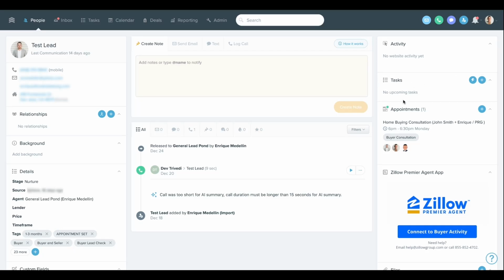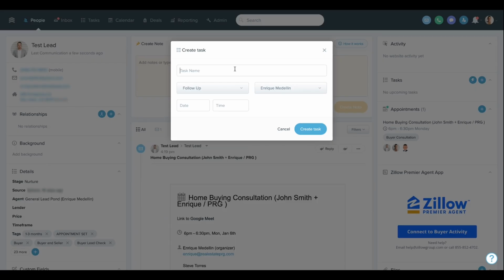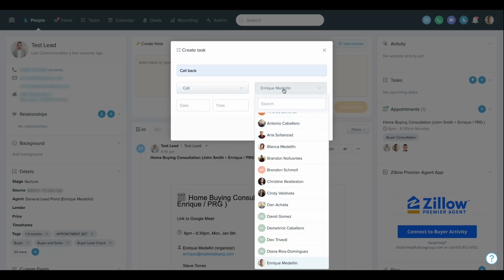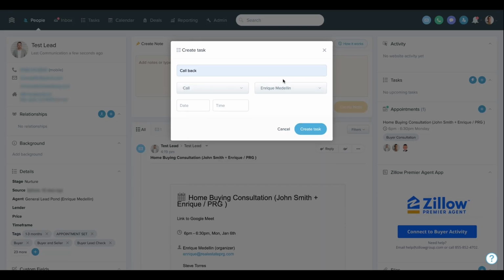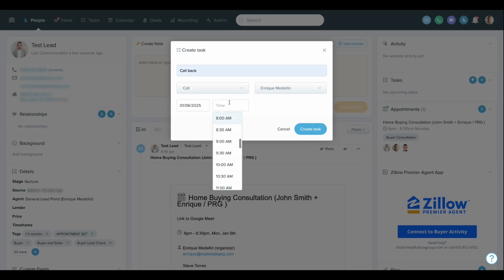And you should use tasks sparingly, right? If you're using Follow Up Boss correctly with the smart lists and stuff like that, that'll automatically tell you who to follow up with. But let's say this client specifically tells you to call them back tomorrow at 2 p.m. So you can say call back. I'll log a call. You could even assign it to somebody, myself or somebody else. And then let's say I'm going to call them back Monday at a specific time at